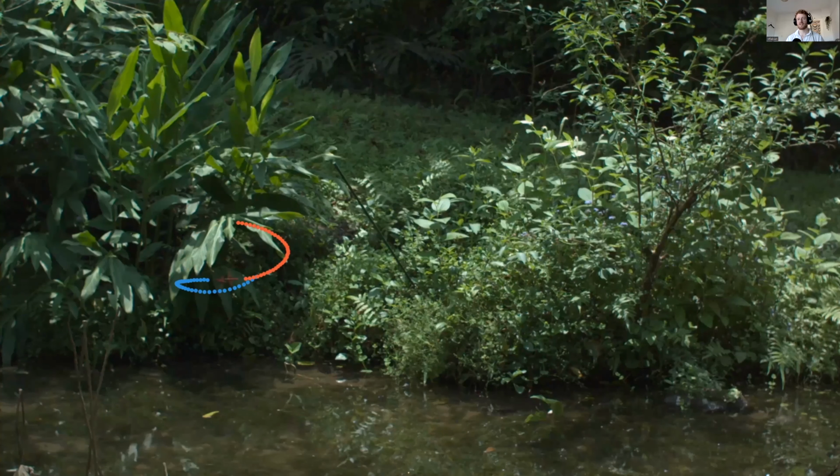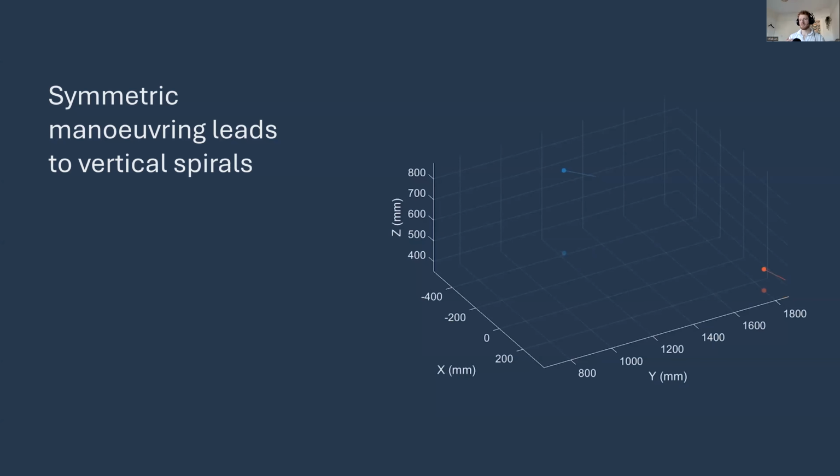But what happens if they are able to do it? What happens if you start that evasion a bit too early? Well, hopefully this is a little bit familiar by now, and it relates to some of the stuff I was talking about with the houseflies. So here you're going to see the blue and red spiral downwards towards the ground before blue eventually does a little swap with red and does get behind.